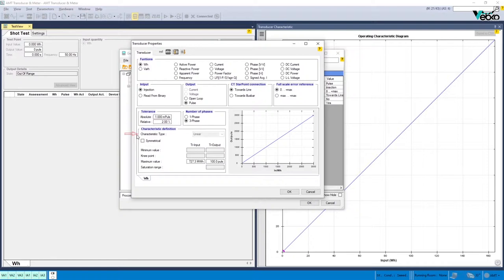Since the meter characteristic is linear, the linear option is selected as the characteristic type and it is uneditable. To specify the energy import and export values, it is possible to check the symmetrical option so that a symmetrical characteristic is available on both sides. The minimum value, knee points, and saturation range fields are disabled for meter test, but in the maximum value section, it